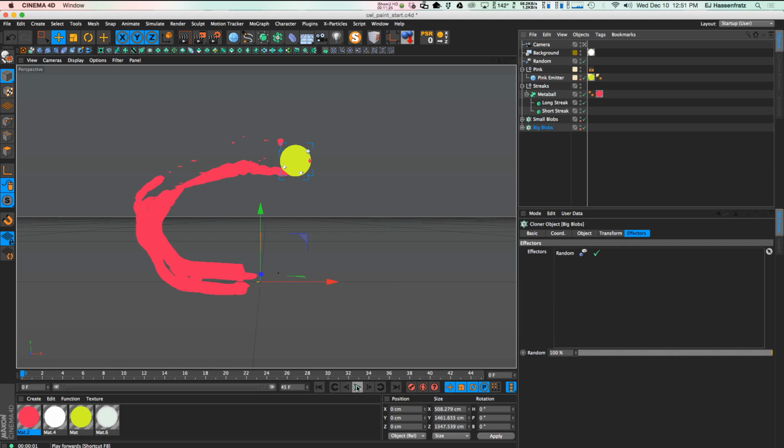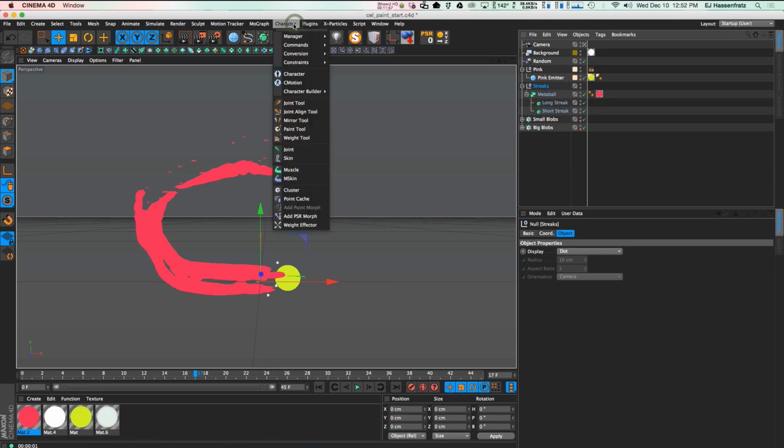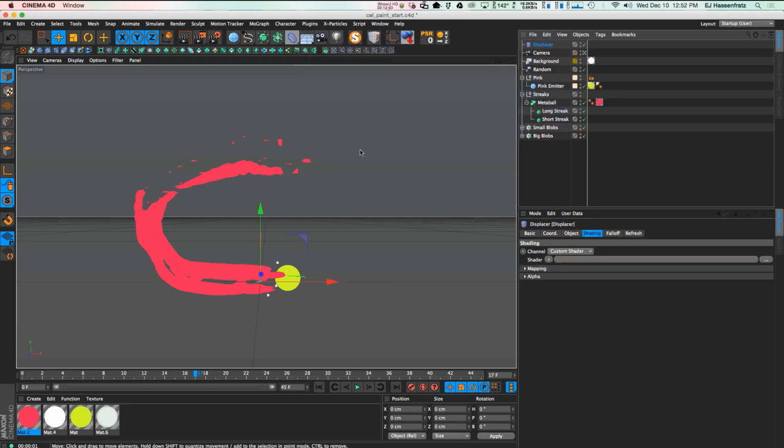So now let's go back to frame 1, and I'll hit play. What I want to do now is add even more random turbulence to this to make our brushstroke look a little bit more grungy. Grungy is the word. So in our streaks layer, what we're going to do is create a displacer object. And I'm just going to drag this underneath the null so it's affecting the metaball